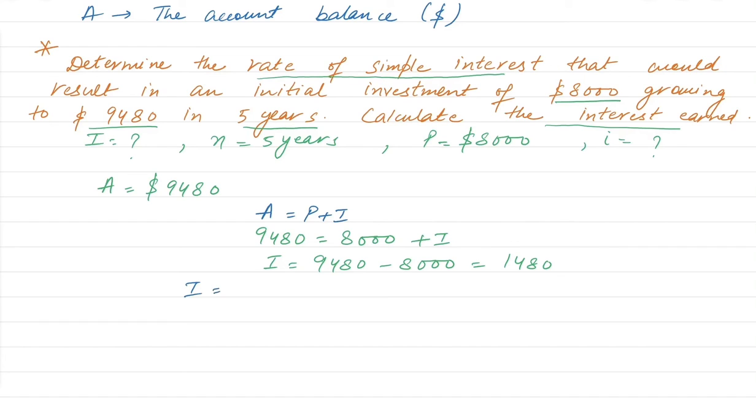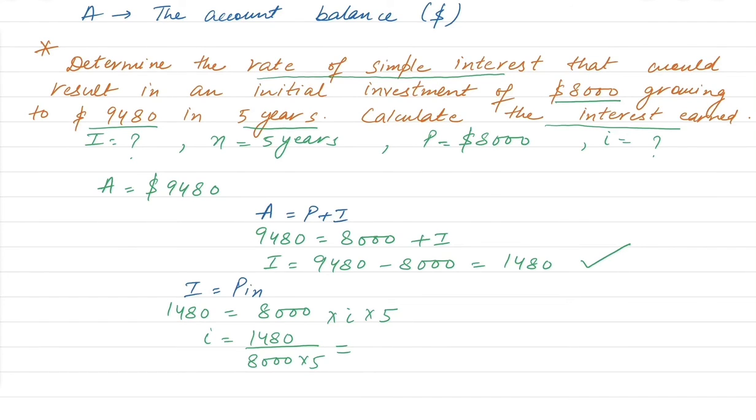And now we know the formula I = PIN. Put the values of I, P, N, and we can find small i. So 1,480 = 8,000 times small i, which we need to calculate, times 5. The number of periods is given to us. So small i can be written as 1,480 divided by 8,000 times 5. So this is equal to